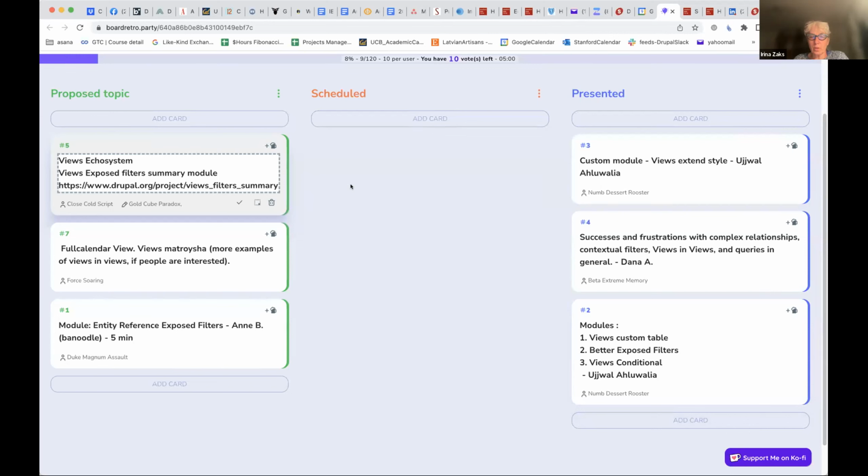Views have a huge ecosystem, and there are lots of modules that extend Views, both in Drupal 7 and Backdrop and in... I don't know whether to call it Drupal with Composer, Drupal X, Drupal Sharp. There are so many interesting names for modern Drupal. So